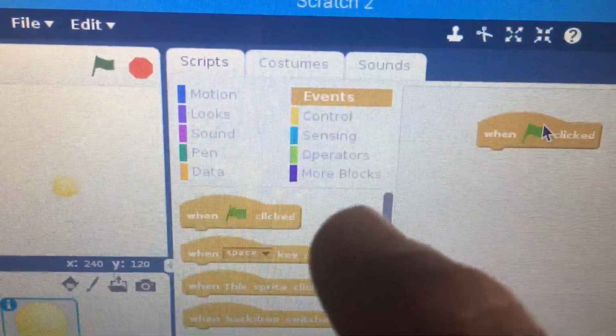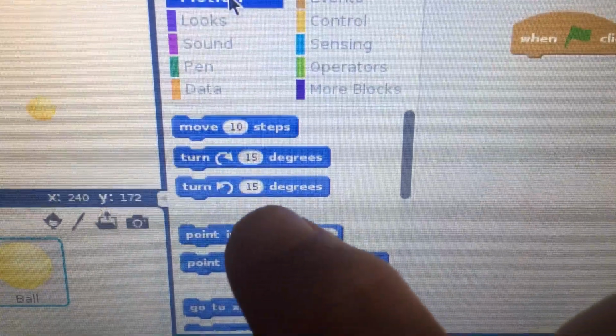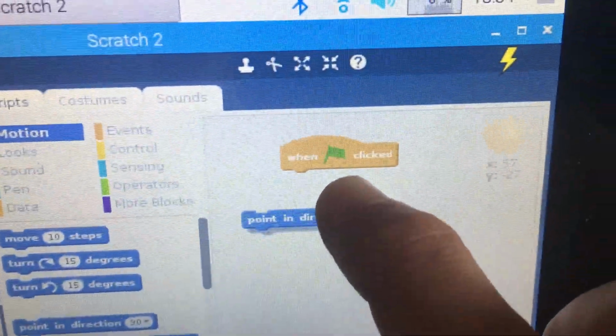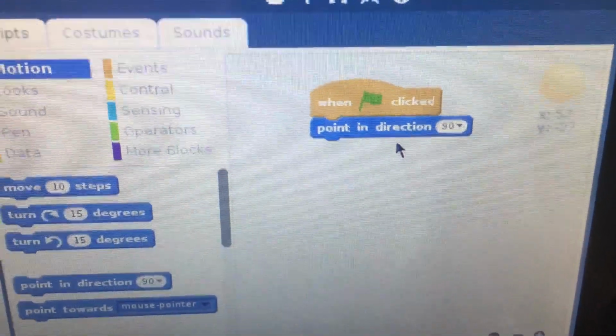First thing we want to do is point in direction. So click on Motion on the top there, pull out Point in Direction, and just click it on the bottom of your When Flag Clicked block. And point in direction. Now,